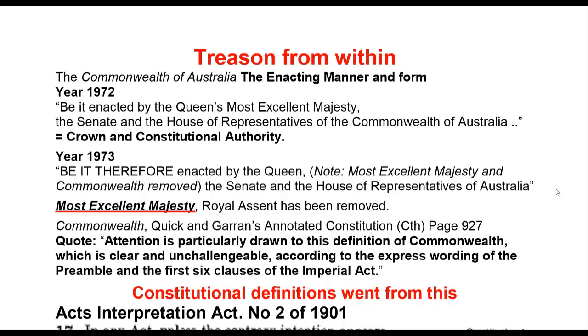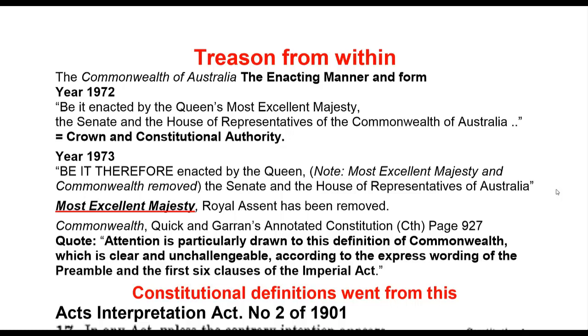Commonwealth, Quick and Garran's Annotated Constitution, Commonwealth, page 927, quote, "Attention is particularly drawn to this definition of Commonwealth, which is clear and unchallengeable, according to the express wording of the preamble and the first 6 clauses of the Imperial Act." Now, with these enacting matter and forms, that is part of Crown authority. You can have Crown authority only by a governor